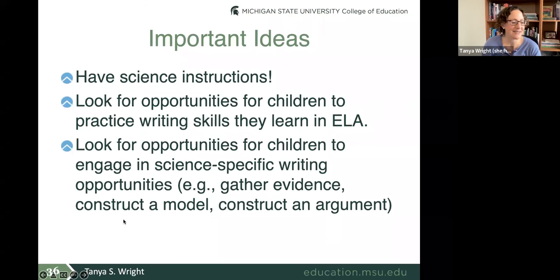So, important ideas for today, and then I'm going to look in the chat for questions. Okay. Have science instruction. Just another typo I'm going to have to fix for you all. I have to tell you, I was reading over my slides right before this to make sure there were no typos, and my entire internet went out and I had a giant panic and had to restart my modem 4 times. So I will fix that, but